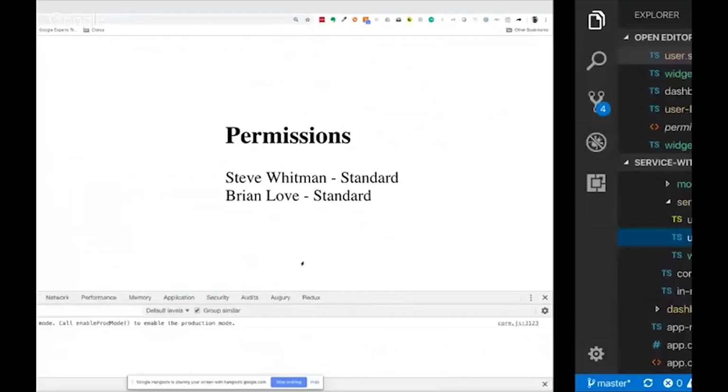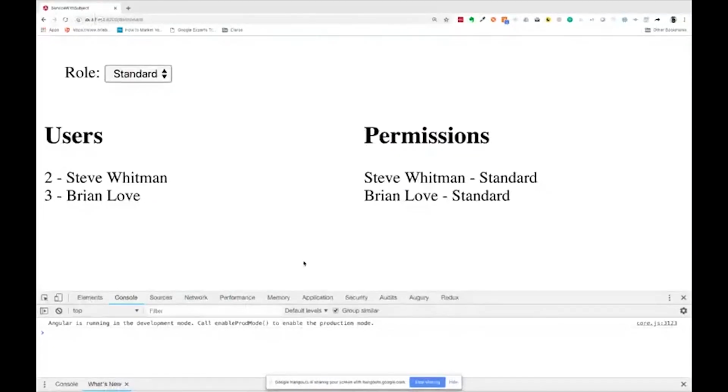So in this case, I would start with looking at my UI. Okay, I would start to look at what are the things that are occurring on this page. Now this, mind you, is a very simple page. And really we have one basic action that's occurring that's obvious, and that is a role change. So I would want to have a role change action, and I want to then go ahead and create an action for that. Then the other one's not quite as obvious, and that is I want to load users. It's not really obvious because it happens, but I don't really see it unless I go look at the code.